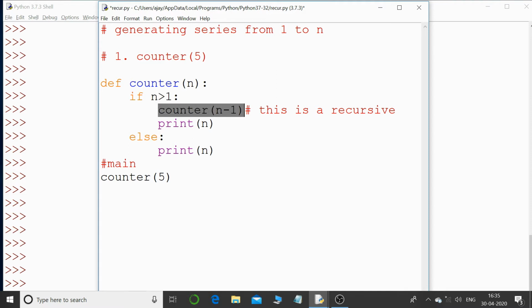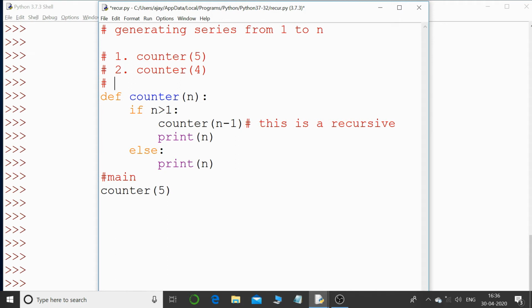And then you can see over here again, this is a function call. So this is a recursion, isn't it? But this time I'm giving a call to the function passing the value n minus 1. So that is the second call that we are giving to the function. I'll write number 2, and this time I'm passing the value 4. Why 4? Because the value of n is 5, and 5 minus 1 is 4. So this is the second call. And again, if you see the condition, 4 is greater than 1, the condition becomes true, and again there is a call. So again, I'll give a third call to the function.